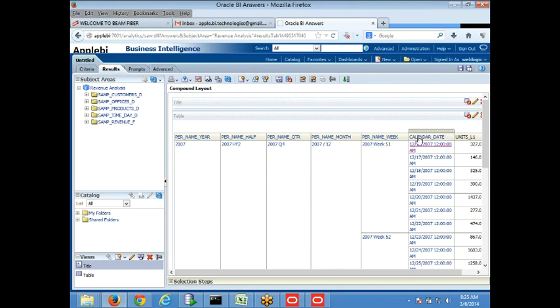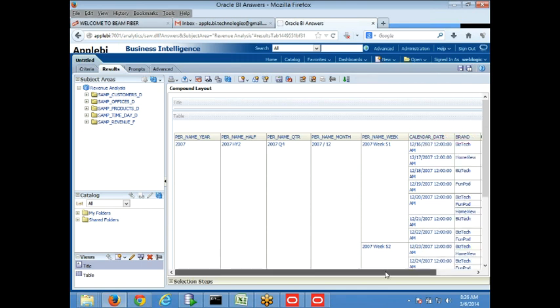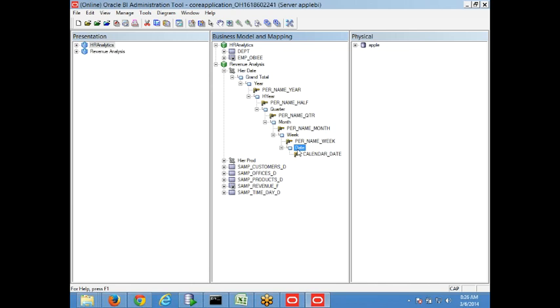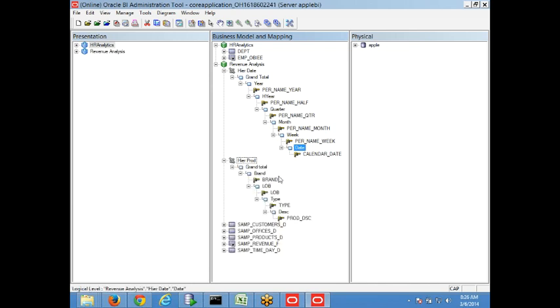So generally the date hyperlink should have been deactivated once I reach calendar date. But now, since in the preferred drill path of the calendar date the level has been added, when I click this again, you can see that brand, it is starting from another level, this date,